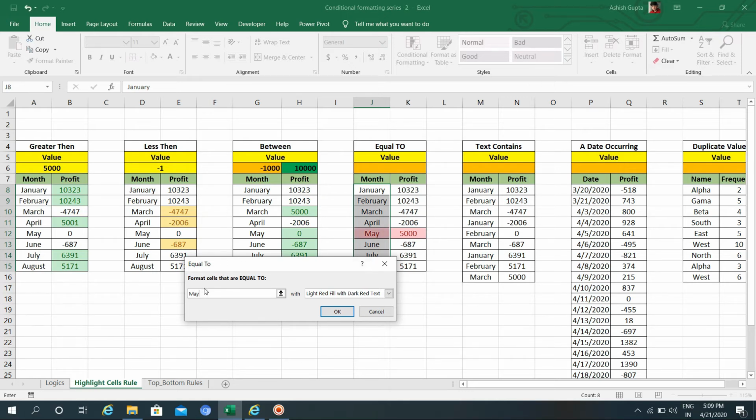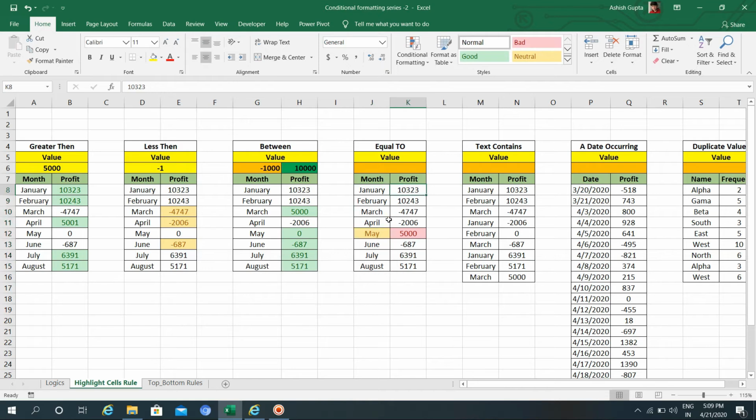If my value is equal to May, then it will highlight in yellow color. So I will select yellow fill and click OK. I can do this by giving a reference, which I have told you earlier, but I will not stress this video so long, so I'm moving on to another example.